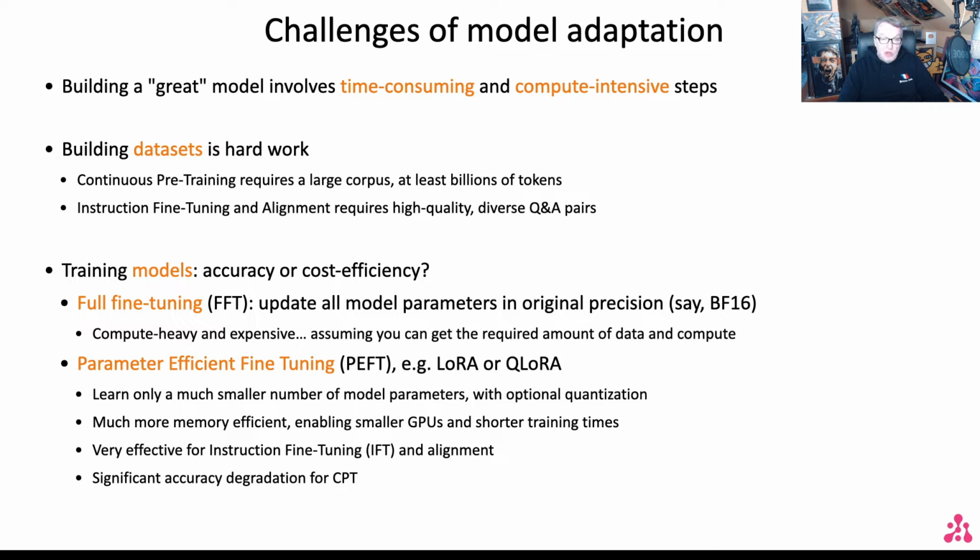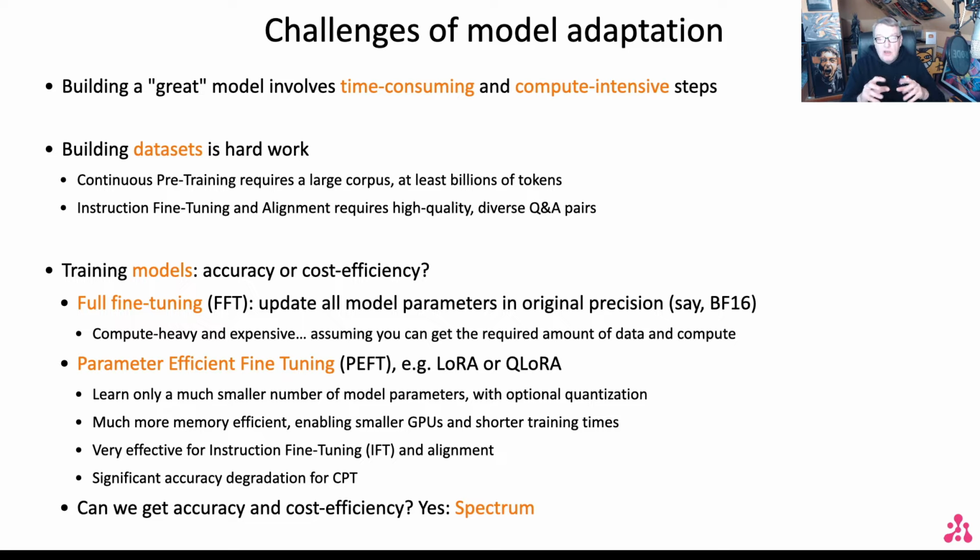Unfortunately, for pre-training, LoRA and QLoRA don't work very well, and we'll talk a little bit about that. So the big question is, can we get both cost efficiency and accuracy? The spoiler is yes, and this is why we built Spectrum. But now, how do I convince you of that, right? I could run benchmarks all day and all night, and yeah, we'll talk about benchmarks and I'll show you some numbers. But I think we need to dive deeper